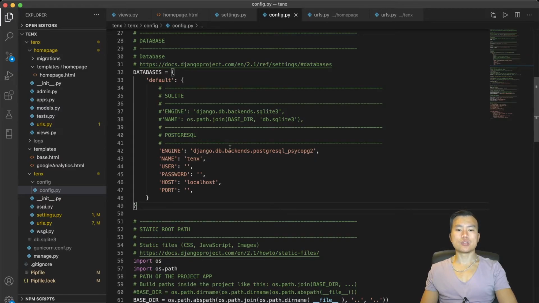As an engine, it uses PostgreSQL psycopg2. It points to the database name 10x, and it doesn't have a user set or a password, so I will leave it blank. And as a host, I'm connecting to my localhost on my MacBook, and I'm also leaving the port setting blank, so it uses the default port that the PostgreSQL database uses. I will save the config file,